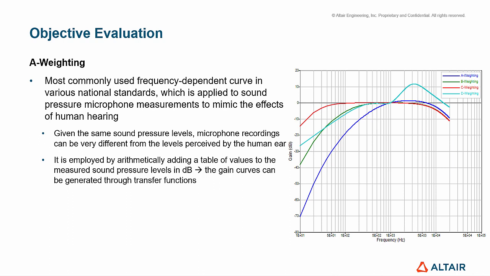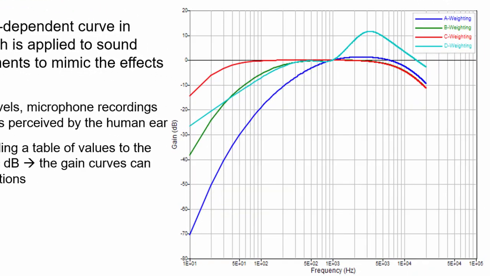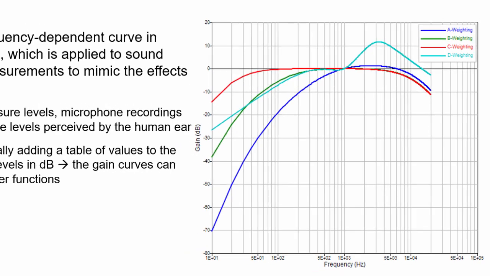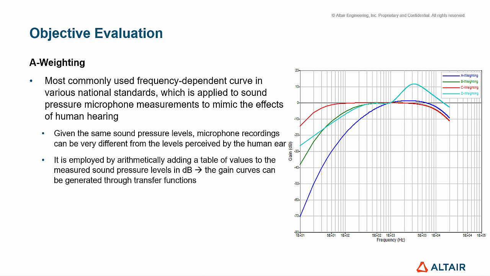That means that the gain curves can be generated through transfer functions, as we're going to see shortly. As the ear is less sensitive to frequencies lower than 100 Hz, the A weighting gives less weight to that part of the acoustic energy spectrum, as we can see in the plot. A weighting is mostly used to represent the sensitivity of the human ear as a function of the frequency for relatively quiet levels of sound, but there are other weighting curves according to the standard IEC